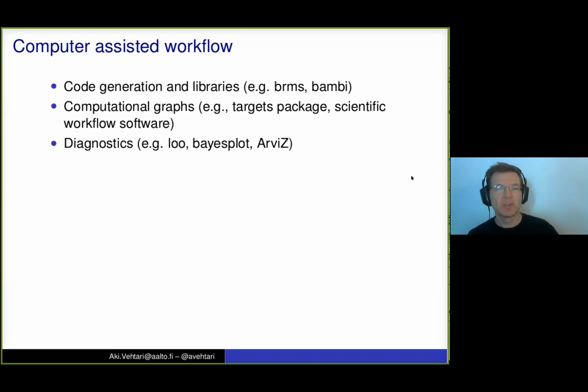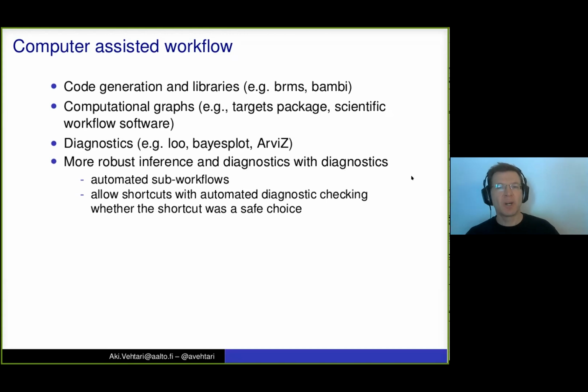And then, of course, these diagnostics that are sometimes called automatically, or that you can call yourself, in different packages, which then tell you what you should do as a next step. And of course, combining all this is a lot of work.